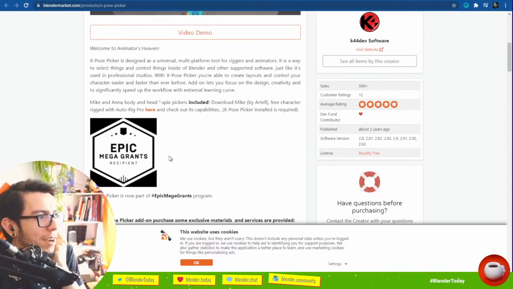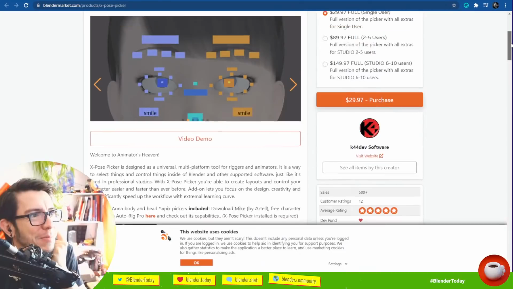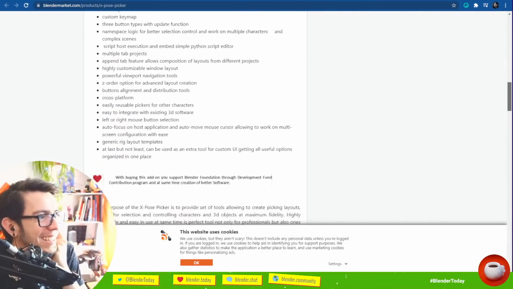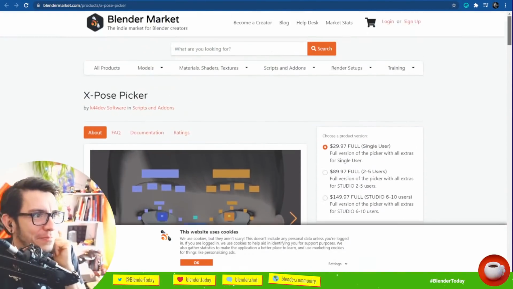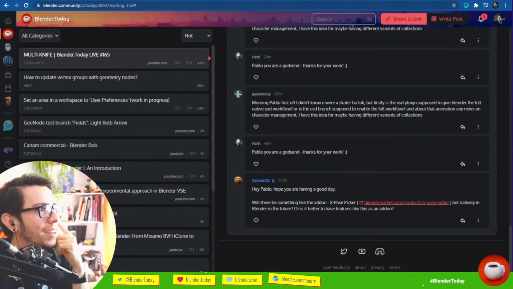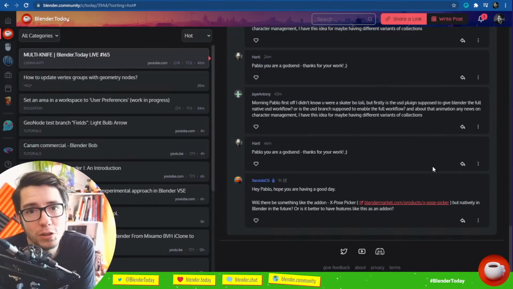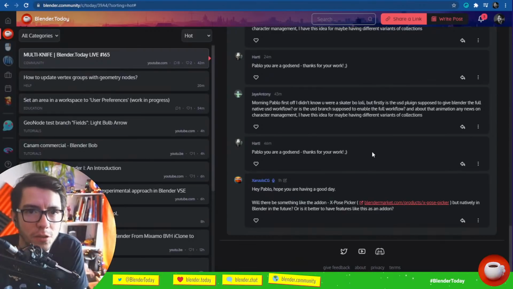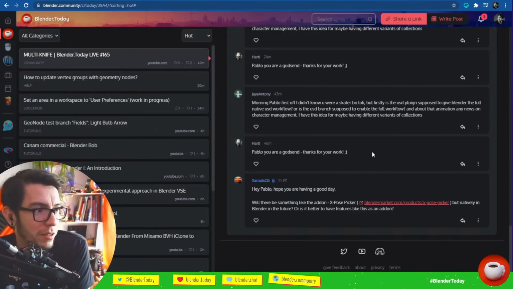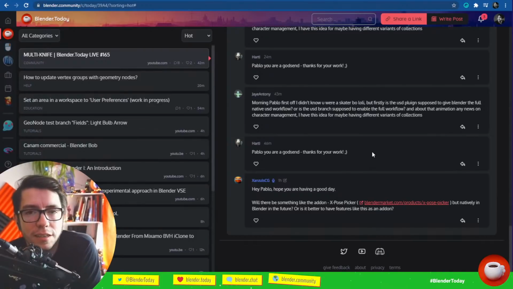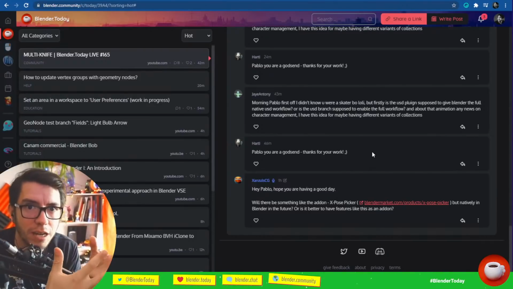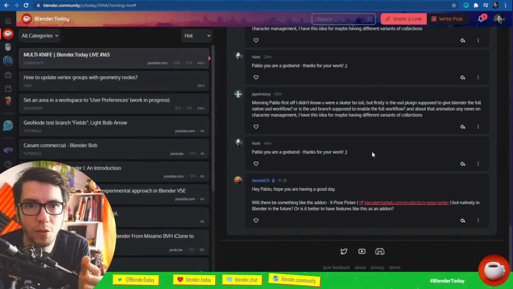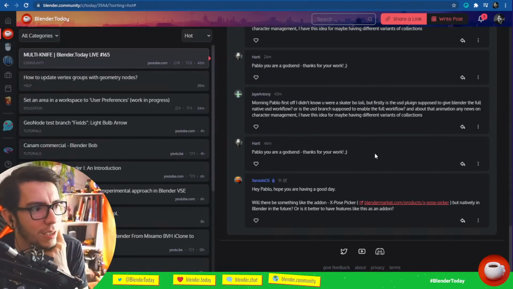So you got a mega grant but it's still paid. How does it work? Anyway, not going to comment on that, but posing, yeah, pose picker, that should be in Blender. There should be a built-in way of building UIs for rigs. However, there should also be a way to select directly on your character without having a drawing on the side. Both should exist.